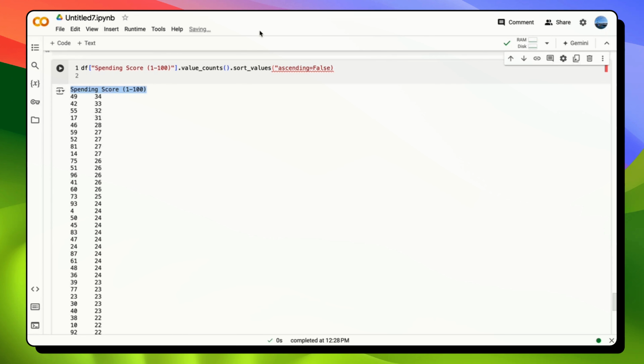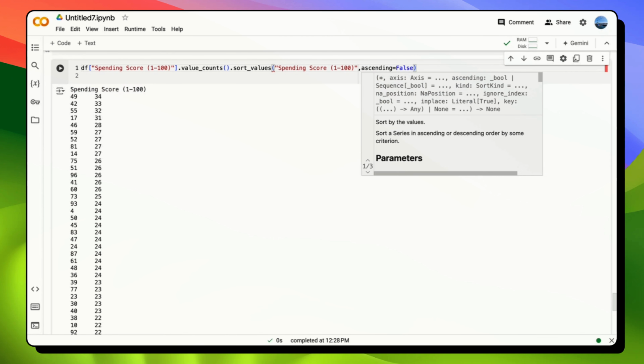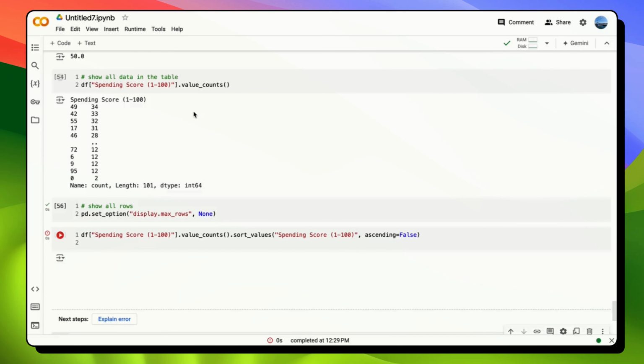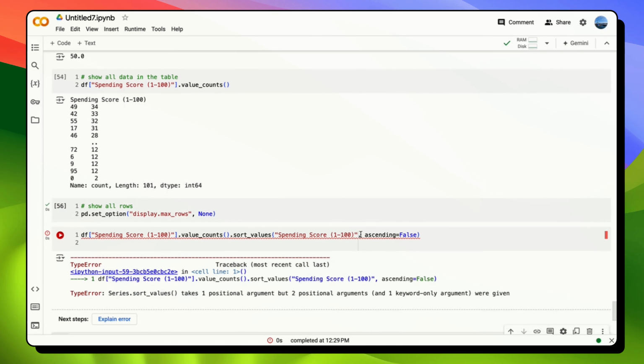We would want to take this column and we are going to sort through the specific column. Let's go ahead and see if it works. It does not, because